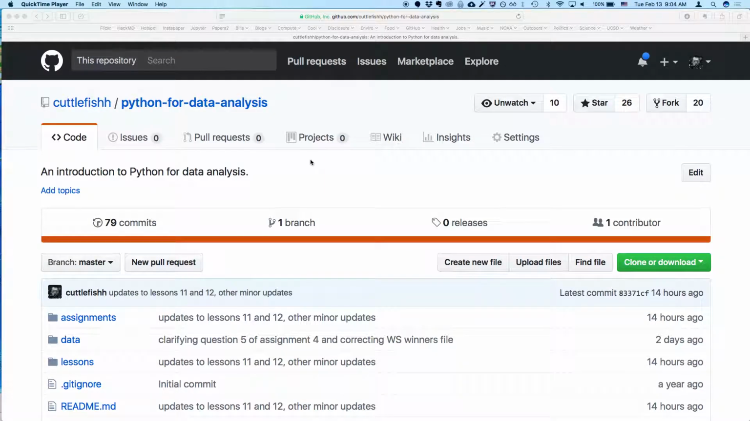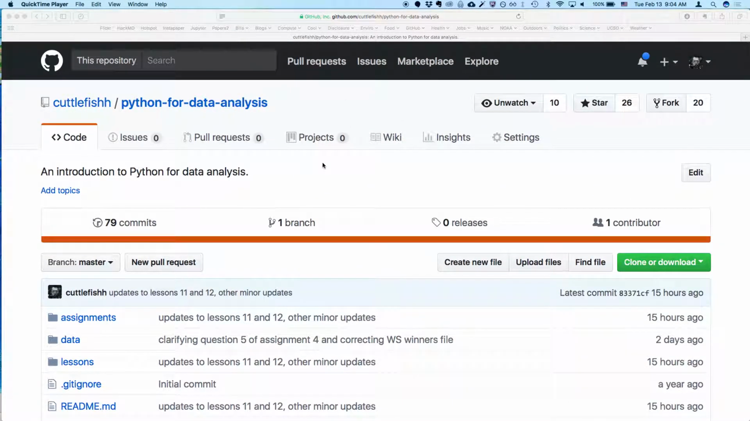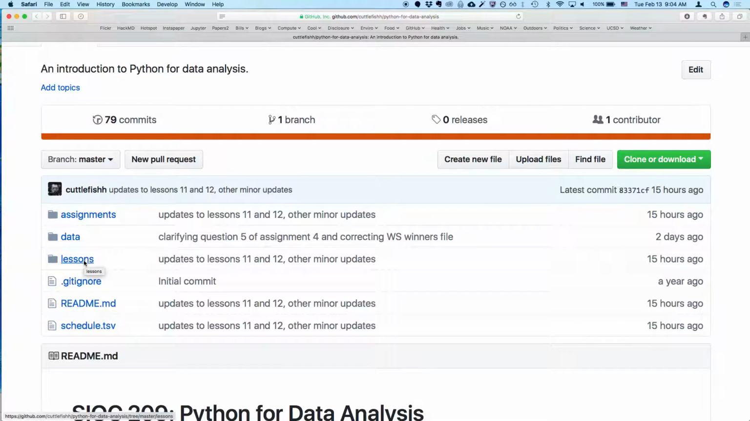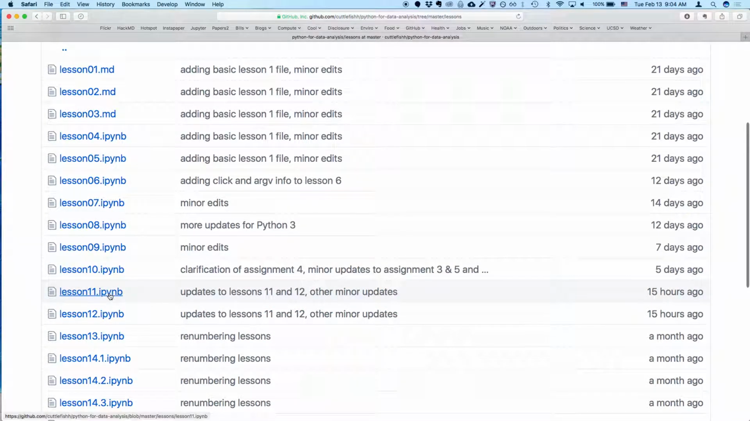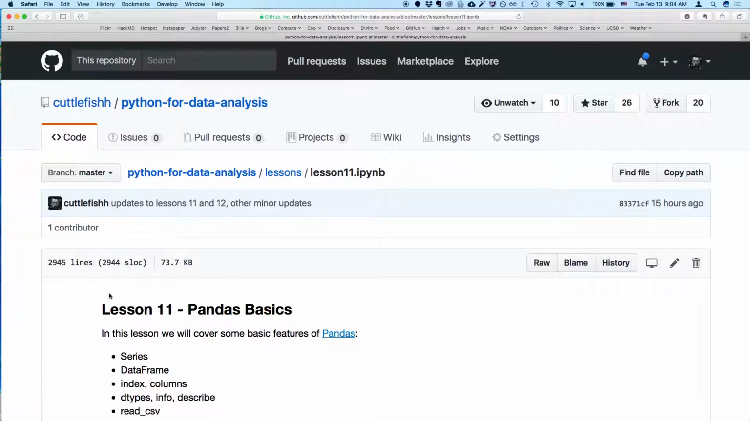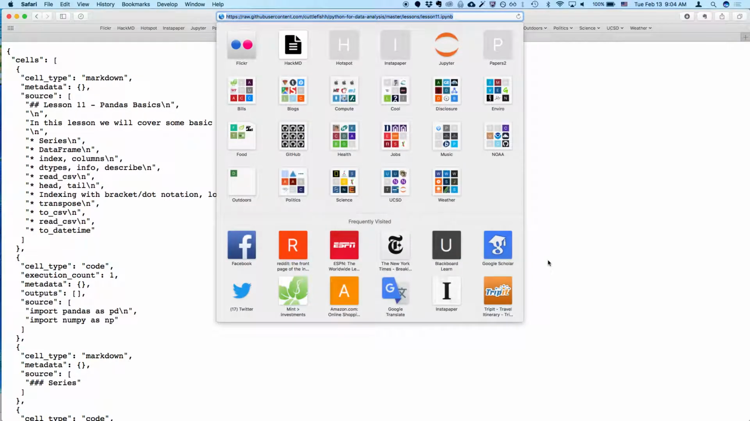Okay, this is lesson 11, and as usual, we're going to start at the GitHub page, click on Lessons, and go to Lesson 11, and then click on this raw link, copy that link,